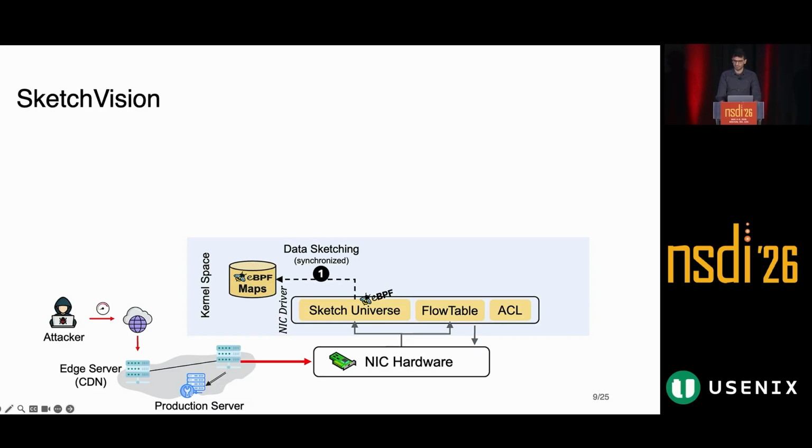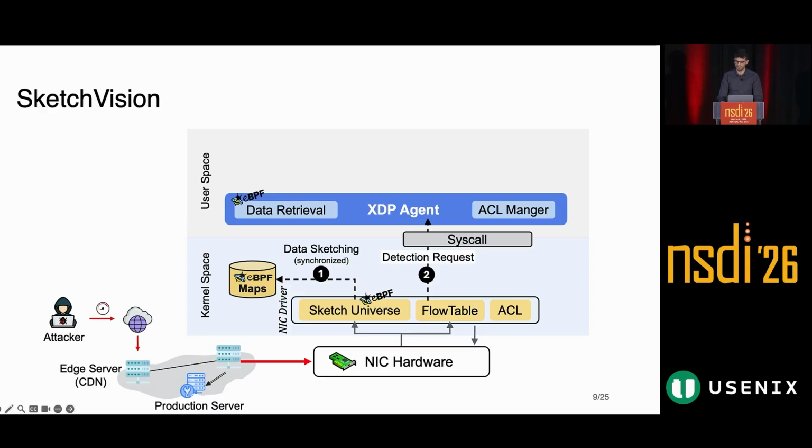First, the sketch universe encodes each flow into a compact image representation by transforming packet-level temporal relationship into a geometric structure. The idea is that we want to preserve the flow's behavior. This region is then mapped to user space for data retrieval. Next, a detection trigger is built directly within the sketch encoding process using a small threshold. When this threshold is exceeded, it activates detection and notifies the user space XDP agent by passing the ID of